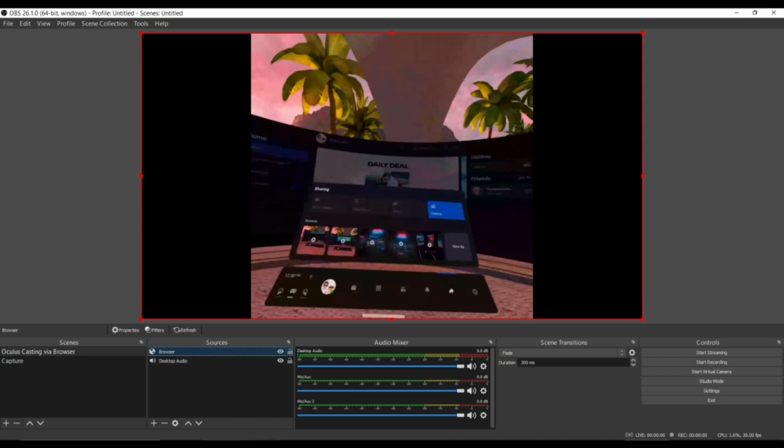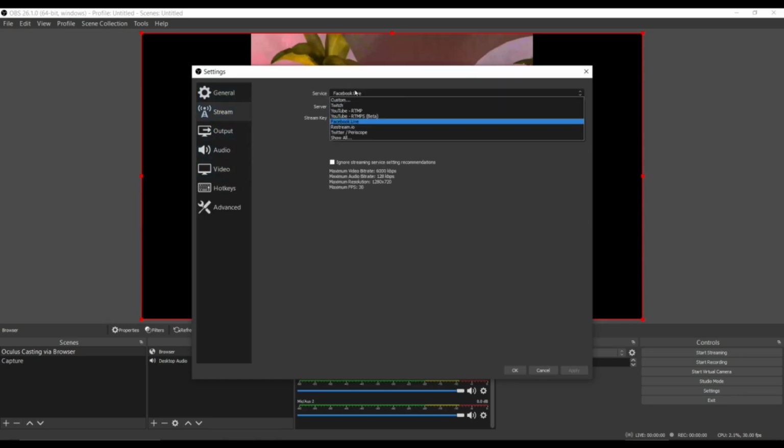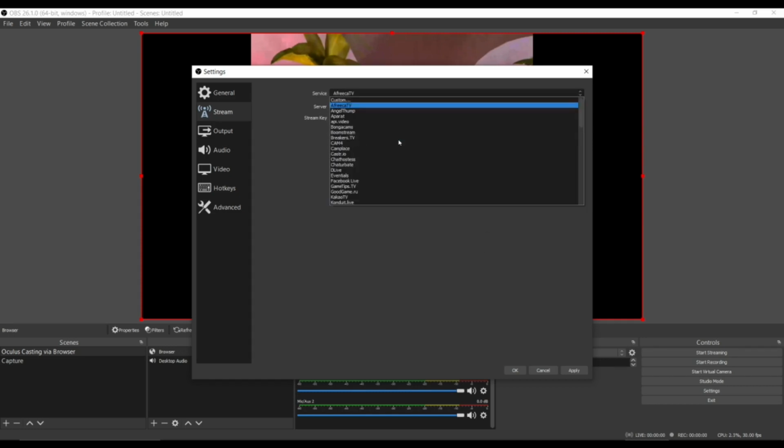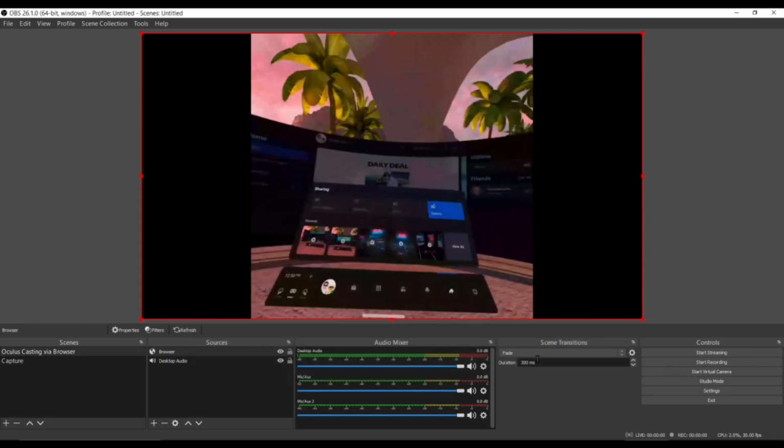With this, all you have to do then is click your streaming. You have to go to the settings and choose what streaming service you will use. There's Facebook Live, Twitch, YouTube, Restream.io, and there's actually a lot more here. There's even Chatterbait. Wow, OBS, why is there Chatterbait here? So that's it. That's my tutorial